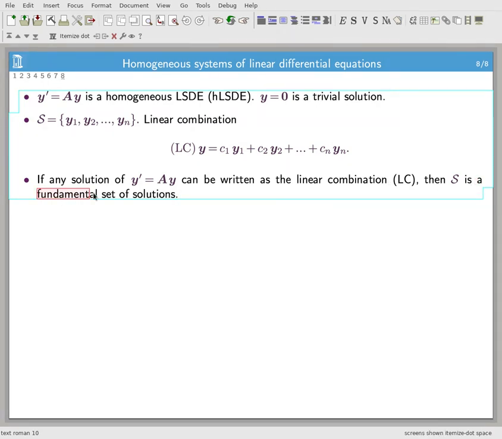So this is an important concept, that of a fundamental set of solutions, and we have an associated theorem here